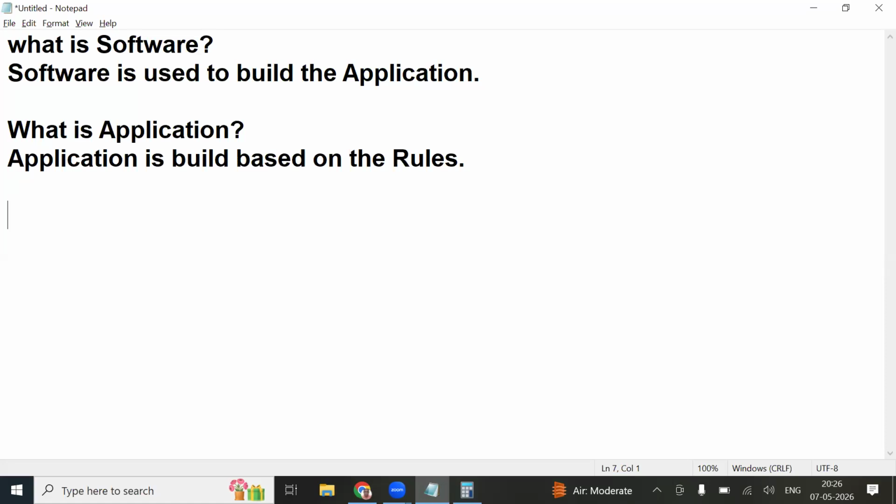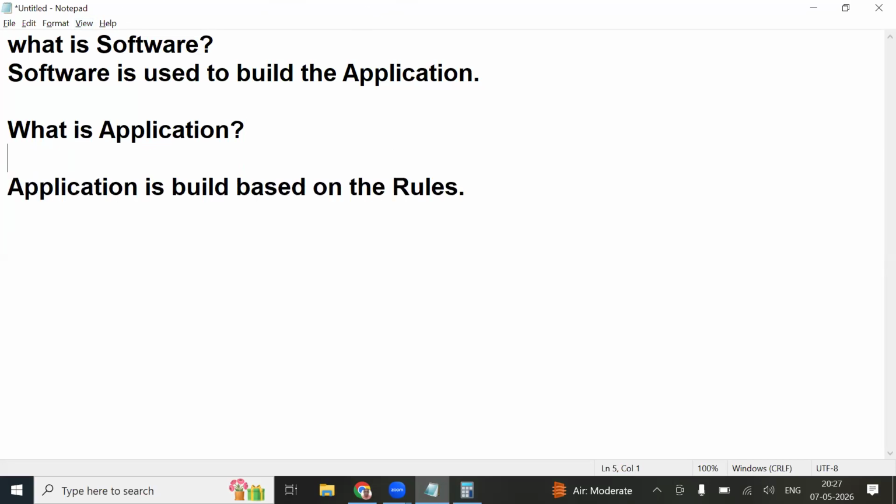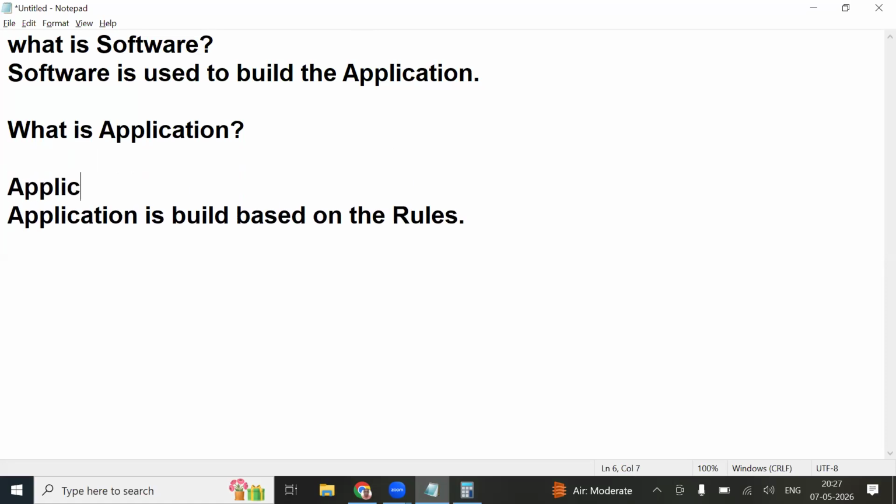After 2 months, you are going for a 6 months bank statement. Where is that statement available: at the application level, or is it stored in the database? Database. It is stored in the database. Am I right or wrong? So the first point is that applications are used to maintain data. How many of you agree with this?